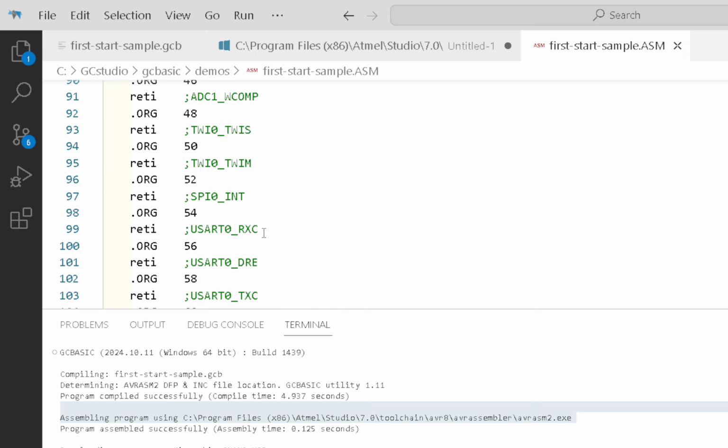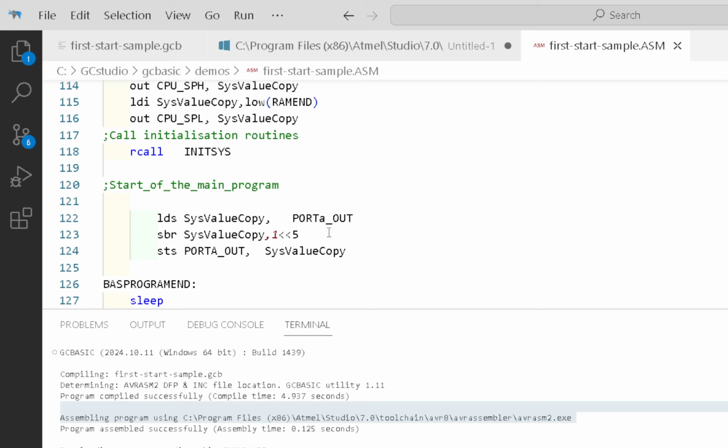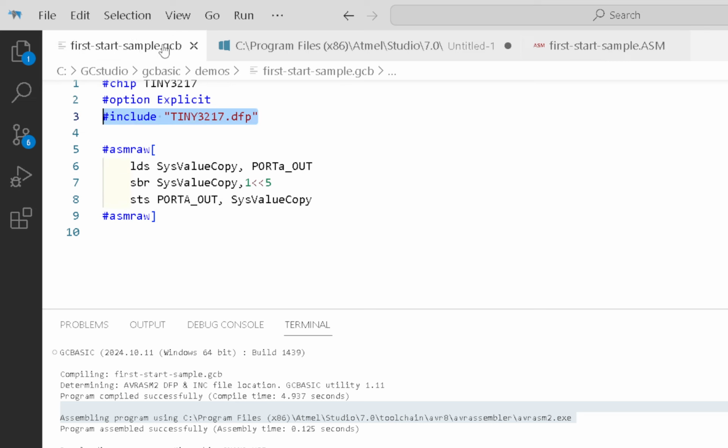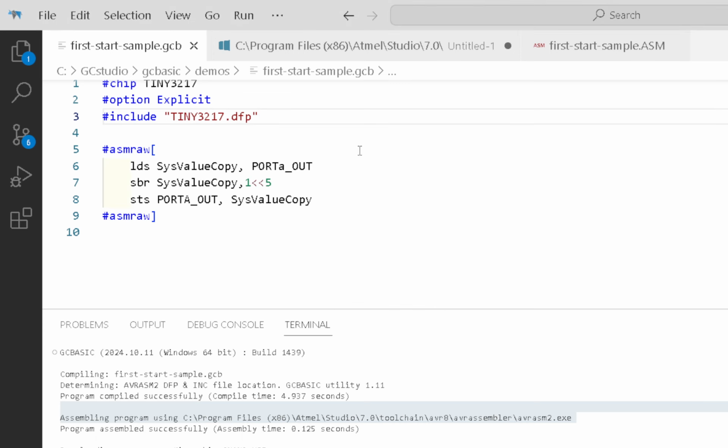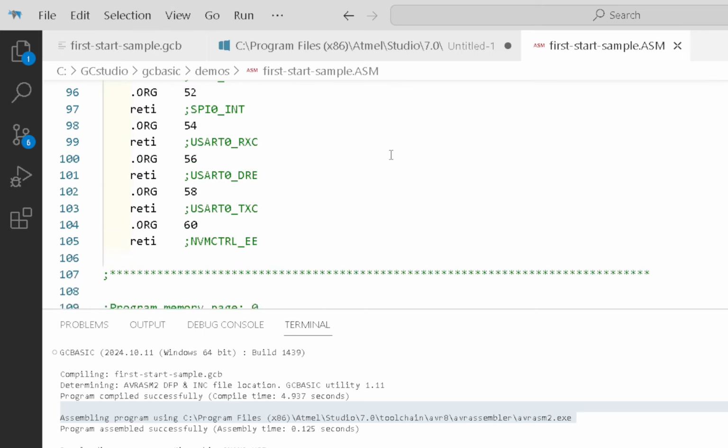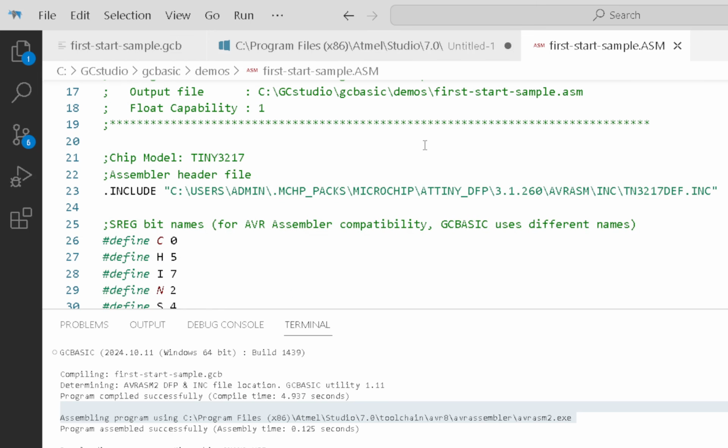Where is the assembly? Let's have a look. Oh, there's the assembly here, untouched by human hand. So it just passes it straight through. So what I wanted to show is the complexity of using MPLAB-X, or what it's doing. It's doing the trickery, it's playing with the command line, changing the include location. But we've got a little utility that you can call from within your source program to do the include file for you. It will automatically update that location depending on your latest include file,